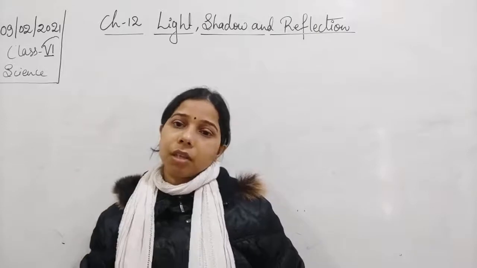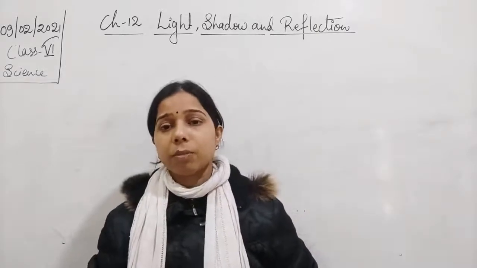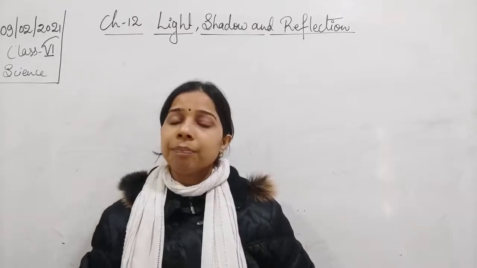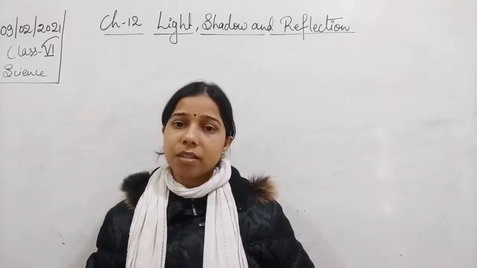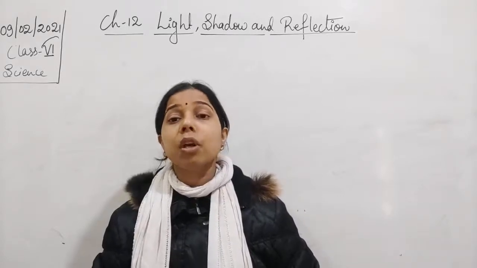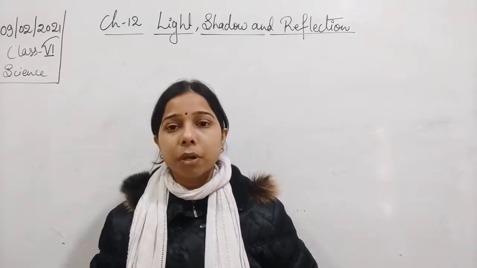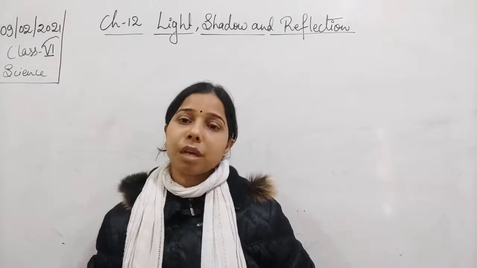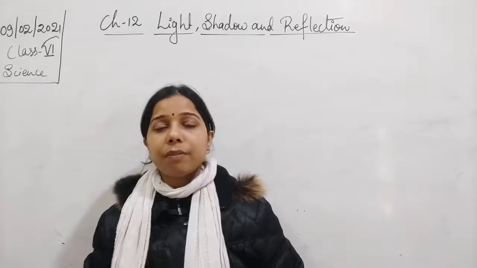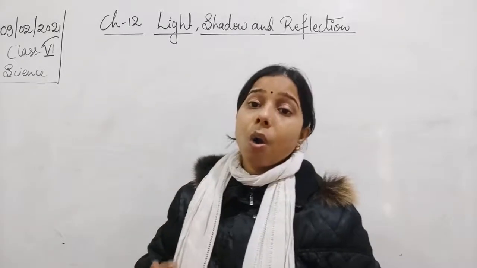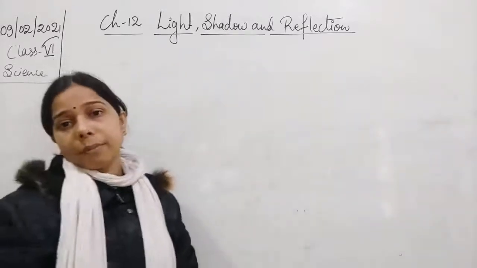Now, let me tell you one more thing. If we talk about the opaque object, an opaque object is that object which blocks the light falling on it. While if we talk about transparent and translucent, these are objects which do not block the light falling on them. Translucent allows a small amount of light, so the shadow that will be formed by a translucent object will be a mild, faded one. But a sharp shadow will be formed when light falls on an opaque object. Now, what are the things required for the formation of the shadow?